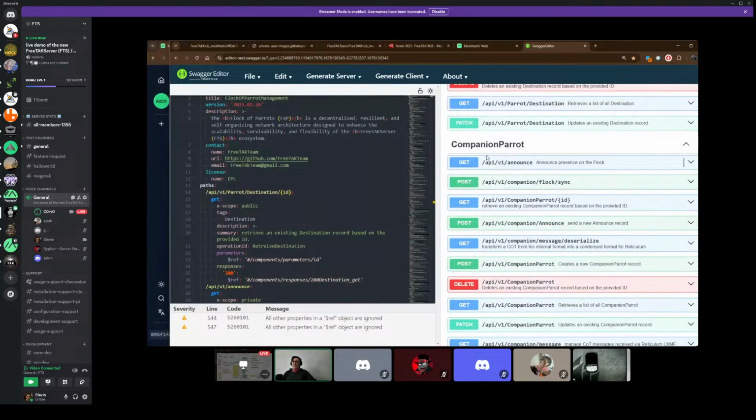This is the companion parrot. If you're not familiar with the concept, a flock of parrots is a group of TAK servers that can dynamically form a mesh, connect with each other, and also receive messages if they are disconnected for a while. The way this works with Reticulum is by using certain features of Reticulum, and the first is the announces. So as soon as a companion parrot, so any participant in the flock, shows up in the network, it will